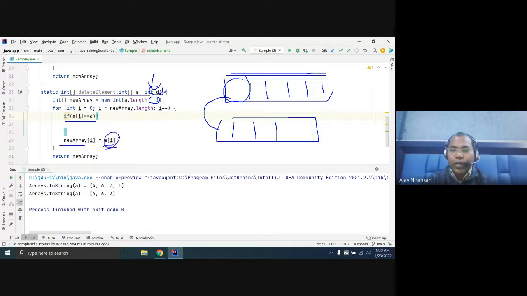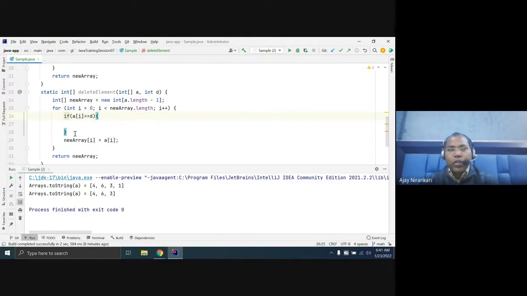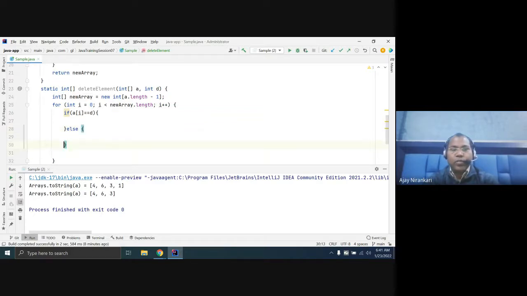First we have to check whether this data matches our input element which we want to delete. If yes, then we do not copy it. Otherwise, we put it in the else block.